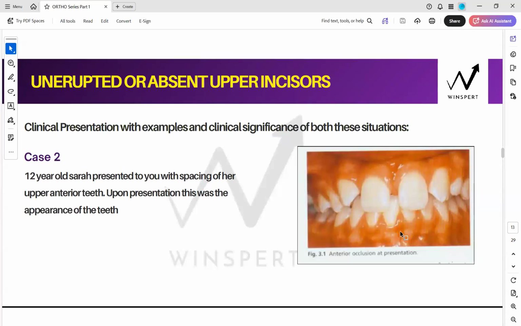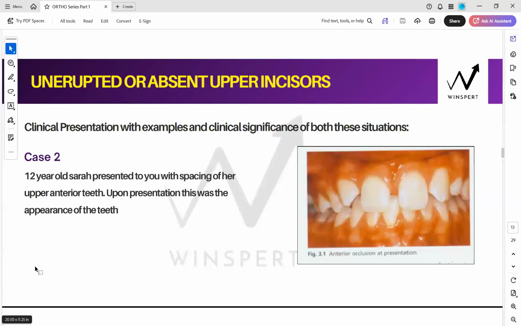So at the age of 12, there is an upper labial segment spacing because of the missing lateral incisors. The diagnosis is clear, there is a missing lateral incisor. That is our provisional diagnosis. So we will keep them at the age of 12 as congenitally absent. That is our first suspicion. So in the exam, even without an X-ray, if the exam asks you what is the most likely diagnosis, impacted versus congenitally absent, which should be your first suspicion? In the case of lateral incisors, it would be congenital absence of the laterals. Wonderful. All the concepts coming together, and you're seeing how to apply them to the cases.